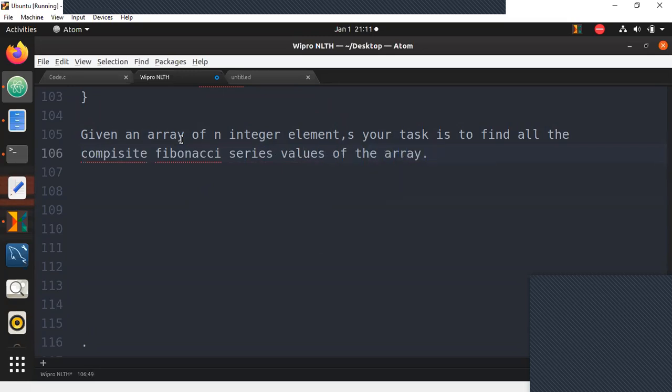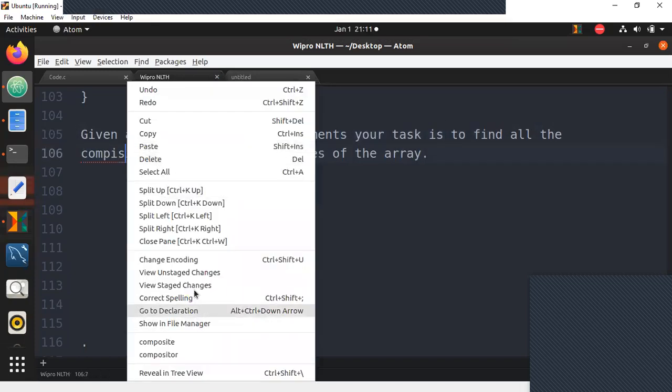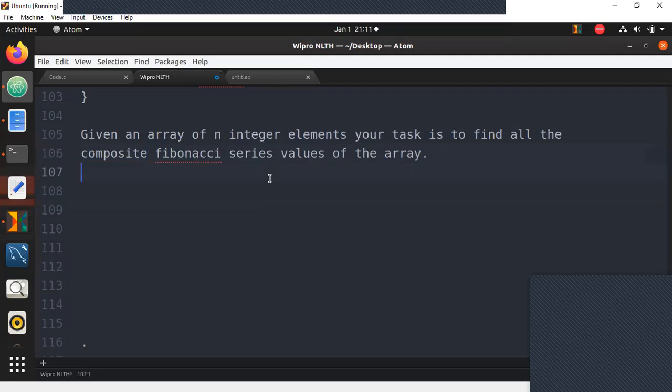That's it. This is the question. Given an array, you need to find all the integers of the array which are composite Fibonacci series elements.